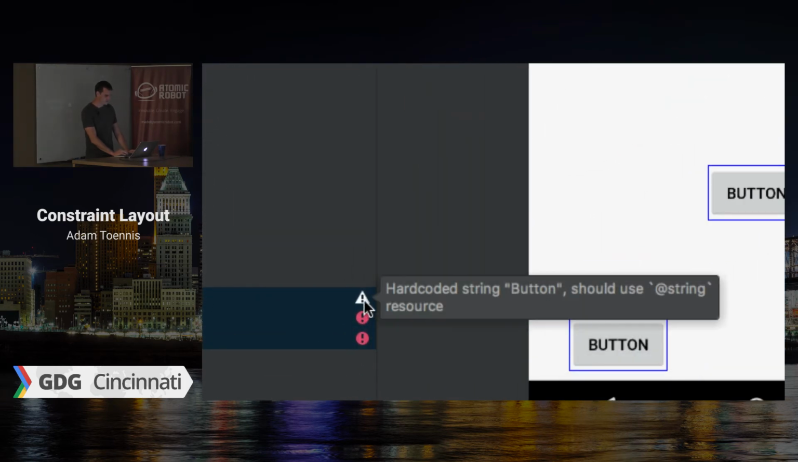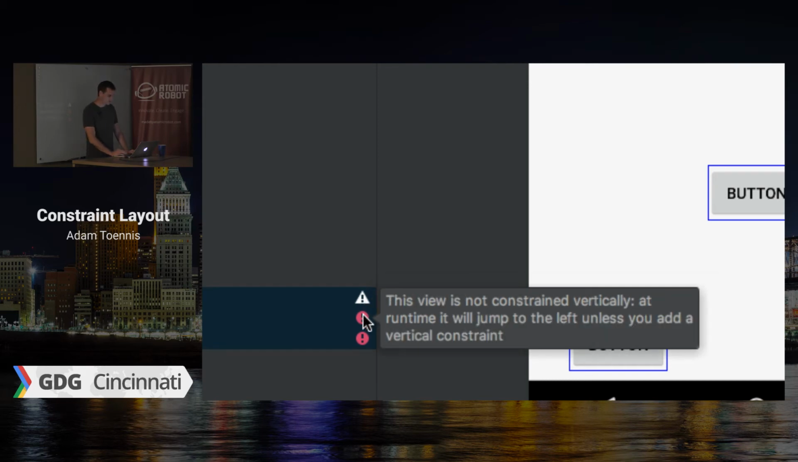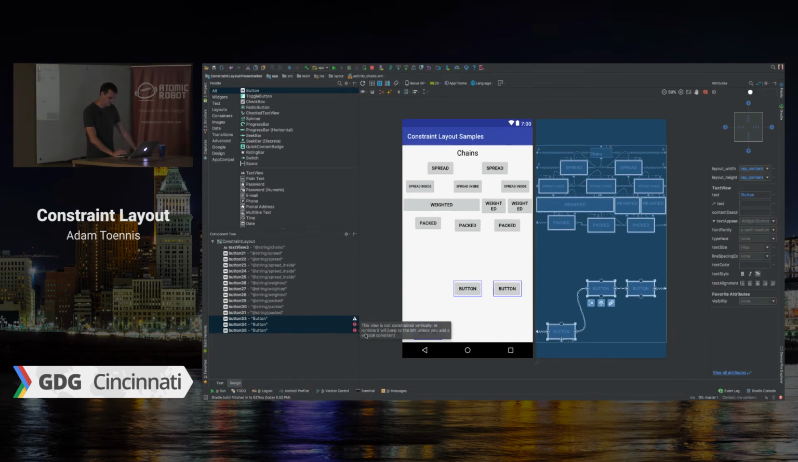So this is telling me just a typical warning. I've got a string that's not externalized. This one's saying it's not constrained vertically, so it's going to jump to the left. So I think this is similar in iOS. They give you like a little thing that tells you if there's errors or not. This will do it just view by view instead of, I think, just in totality. It's been a while since I've been doing that with iOS, but